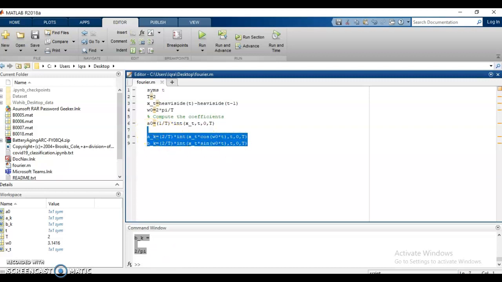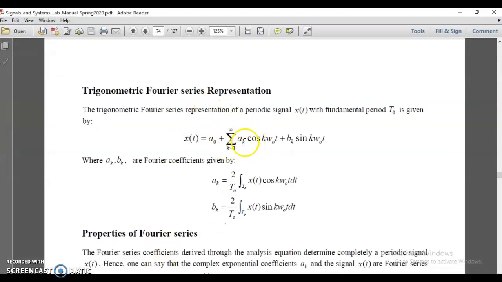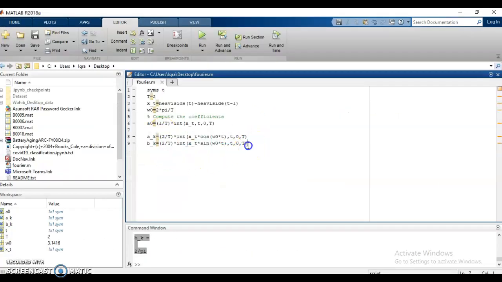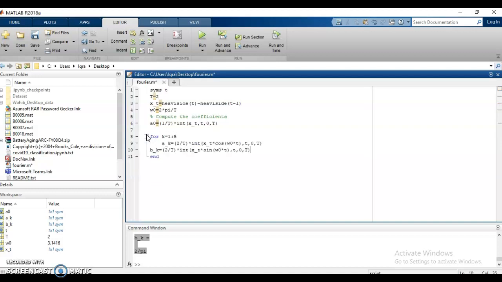Because we have to compute these ak's and bk's for multiple values of k, instead of computing it once, we can put them inside a for loop. Let's say I have a for loop that runs with k from 1 to, let's say, 5, and inside this for loop I'm going to compute my ak and bk for each value of k.